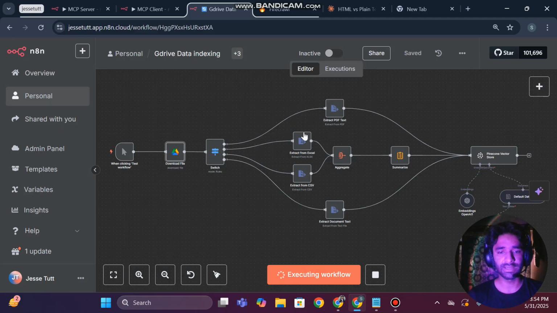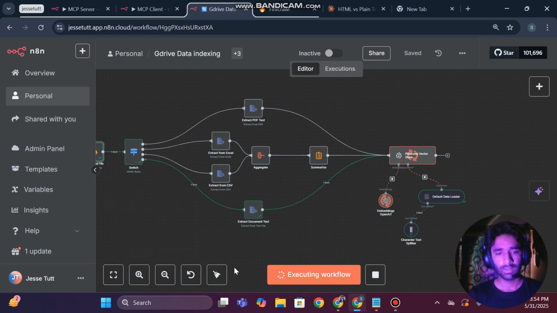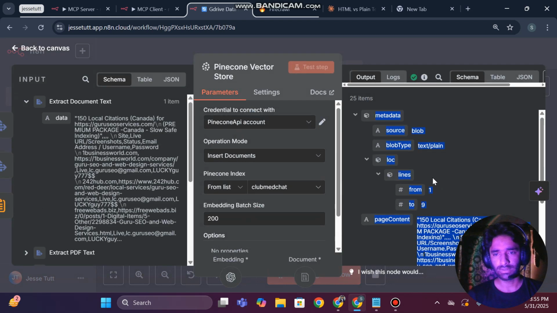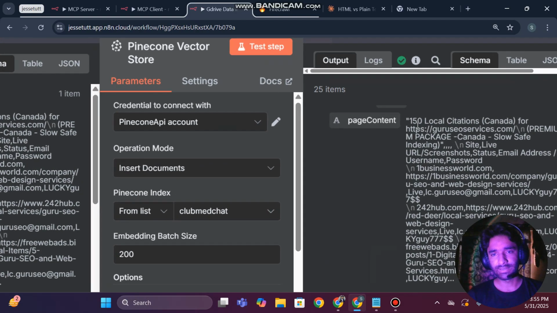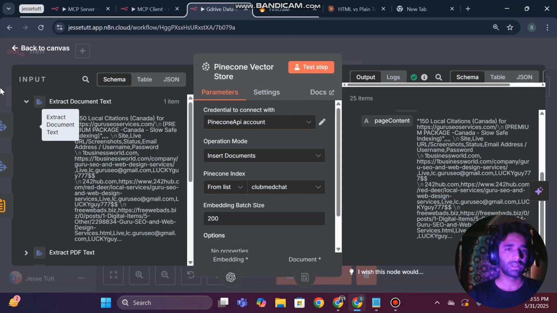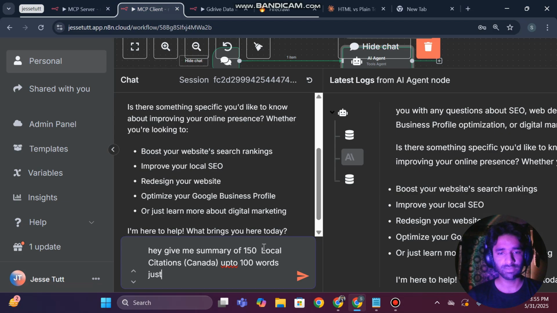I am going to just run it, and now this switch will decide which type of file this is. Now it is going to index this data into our Pinecone vector database. Okay, for now just focus on this, leave aside how it is working. I will explain it. So the data is indexed. This file contains 150 local citations Canada. So now our vector database has this information, and our agent should retrieve this information based on our